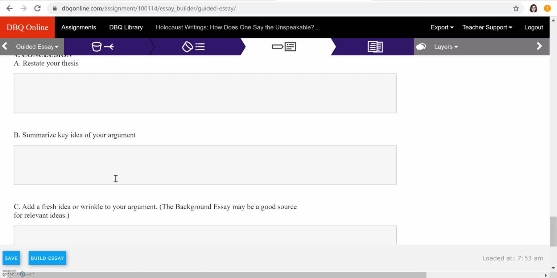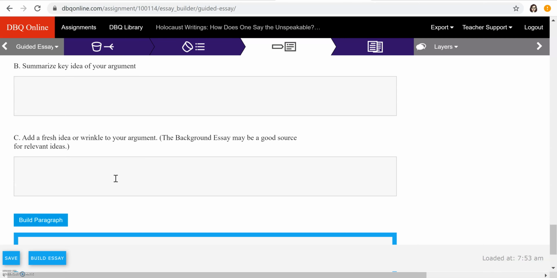Why is this? How does this answer your question? The DBQ question. And then this says add a fresh idea or wrinkle to your argument. So you can bring in, this says to use the background essay for a good source, but this is supposed to be, remember, you're using that like upside down triangle at the beginning, and then the bottom is going to be that